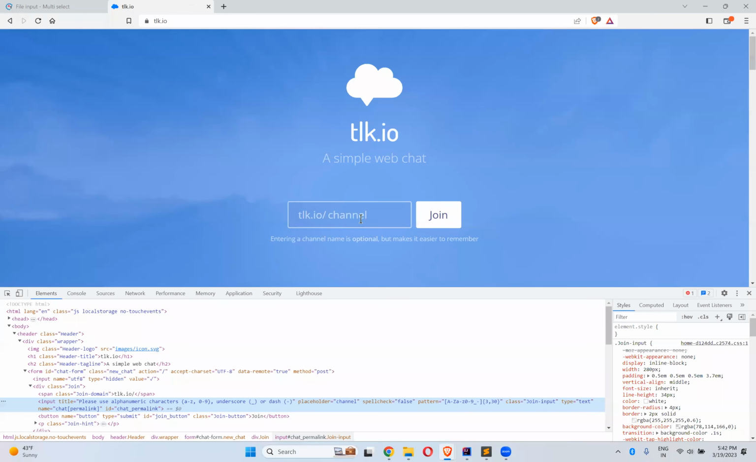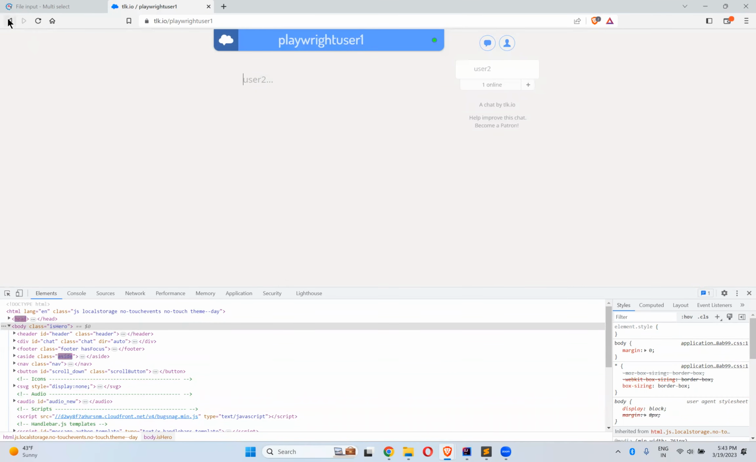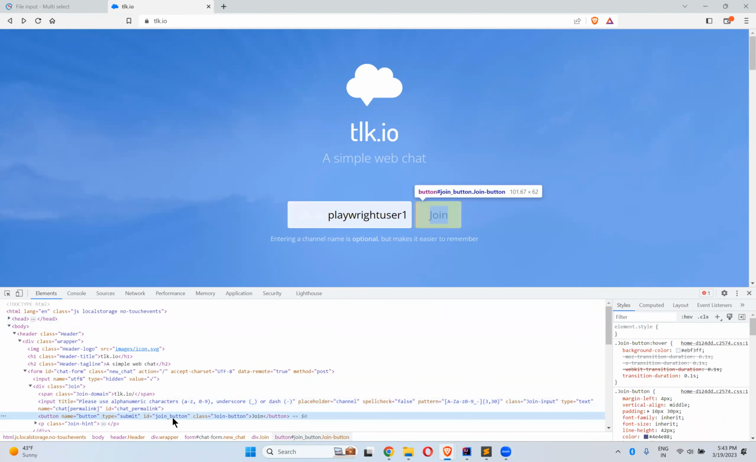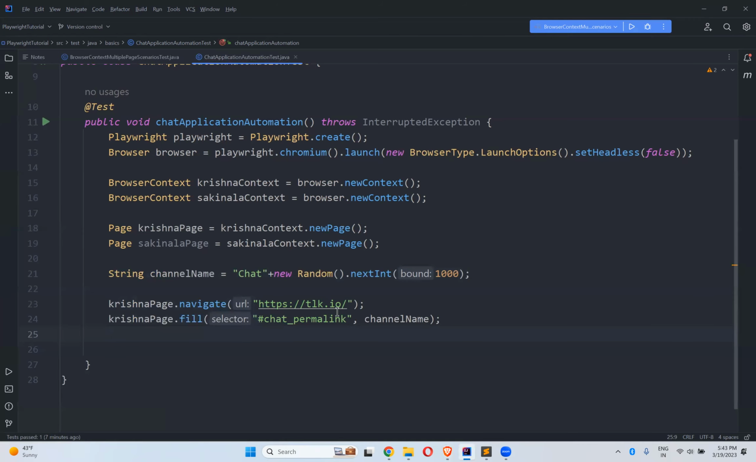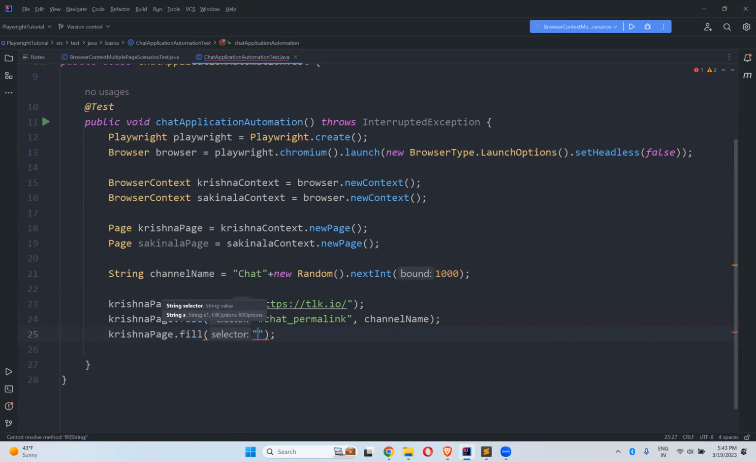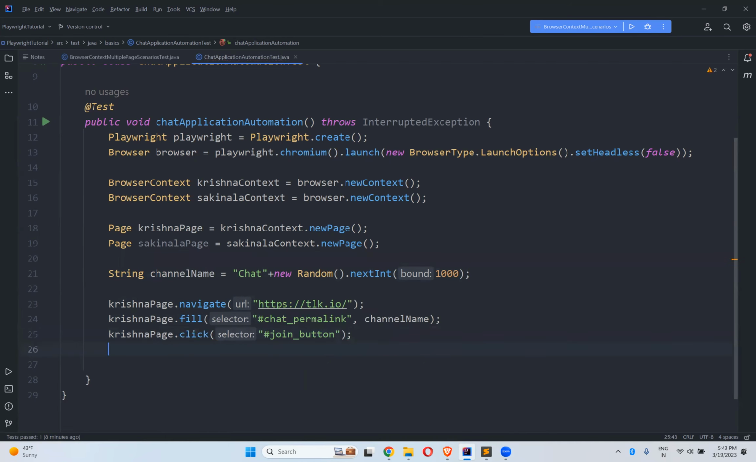Okay, so if I go to Playwright user and then join again, here what I need to do is click on the join button. The join button is a Krishna page dot fill join button. Sorry, this is click. Okay. Right. After that,